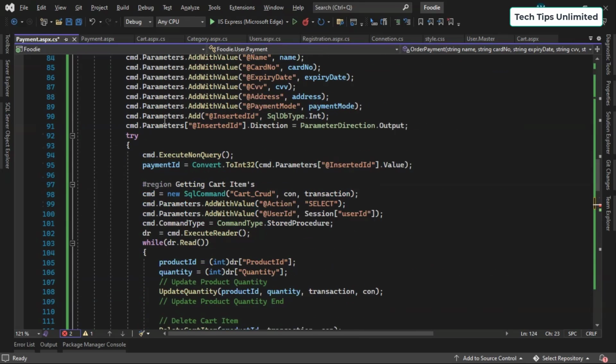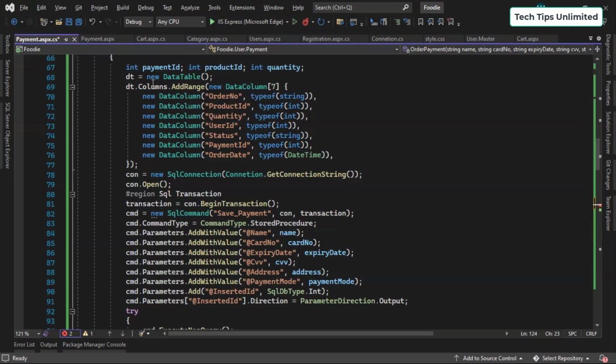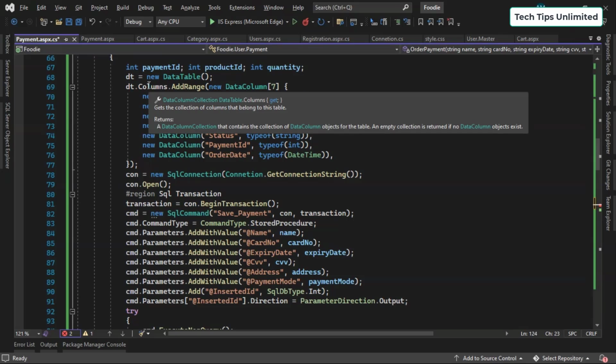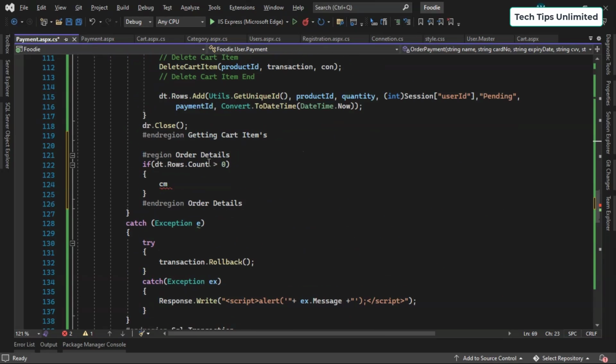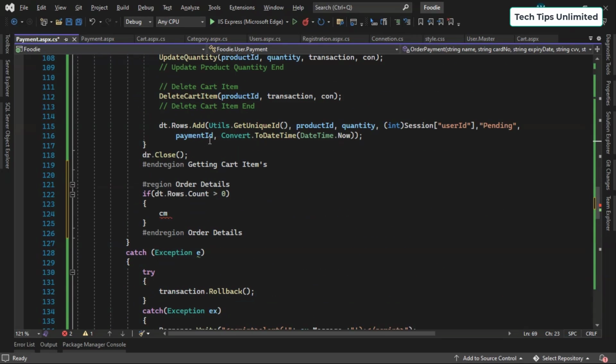In the above we can see here, in the data table we have created the columns. Okay, all these 7 columns. So in all those columns we are passing the data, which is a single row. One single row we are passing with multiple column data. Okay, and now we want to check whether if we pass some data to it, then we need to execute that data which is present in the data table. Okay,